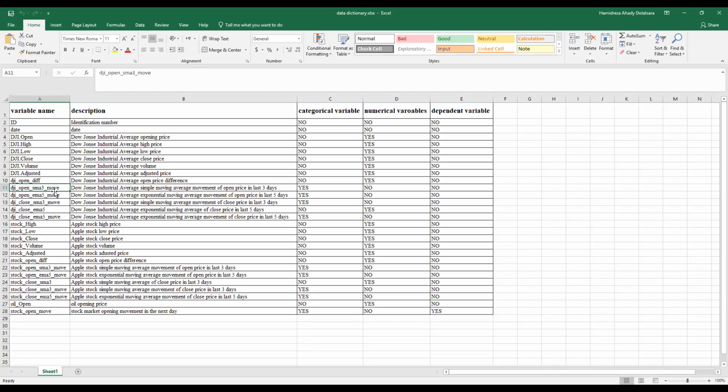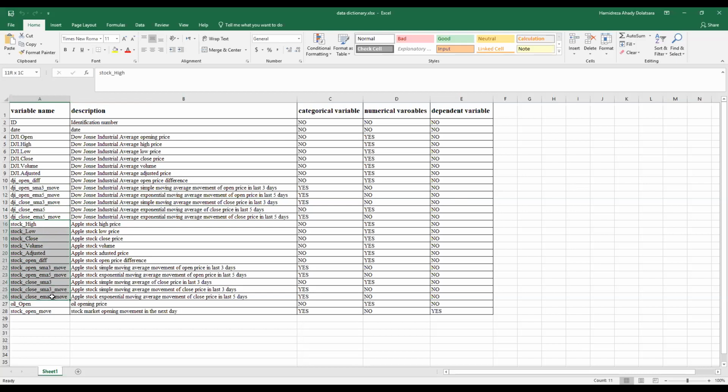So whenever you see move at the end of a variable, this is a categorical variable talking about the movement, which is just seeing if it's a decrease or increase. So it's just two classes, either increasing or decreasing. Like EMA, it stands for exponential moving average, and 3 means 3 days. And also you see for 5 days. And there are also other variables